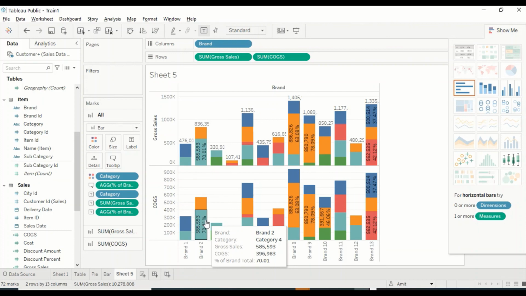Now, stacked visual is pretty powerful in Tableau, and Tableau is always pretty powerful in terms of the way you do the visualization. You've seen how so many permutation combinations there are, so you have to go ahead and try those out. Do let us know what else you want us to cover in this particular series.